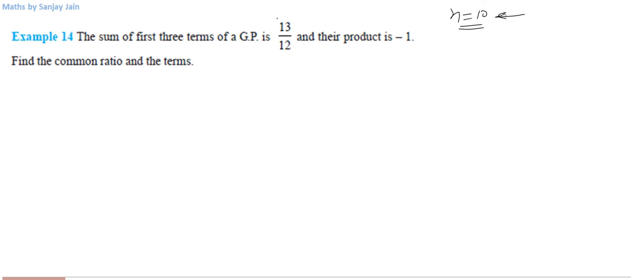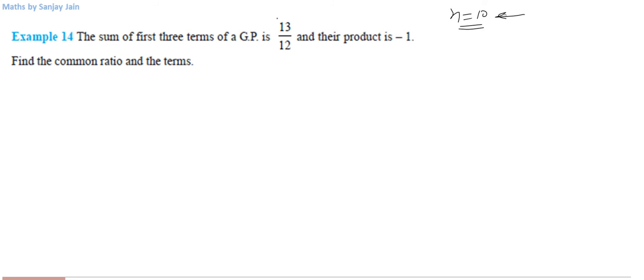Why do I do that? Because when I am given the information that the product is -1, if you see, when I multiply these, r will get cancelled, right? So that will save me a lot of calculation. Whenever you have to select odd number of terms, you select terms symmetric to a, right? You write a first. Let us say I have to select 5 terms. So the next term I'll write is ar, and the next term I'll write is ar squared. Then I'll write a by r here and a by r squared here. This is how I will select 5 terms.